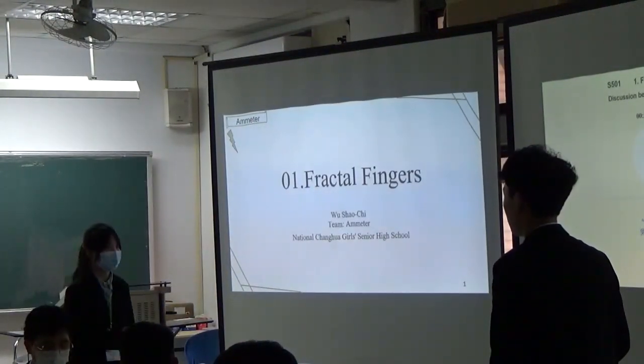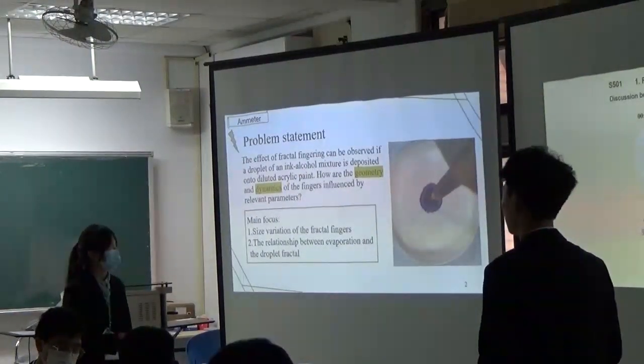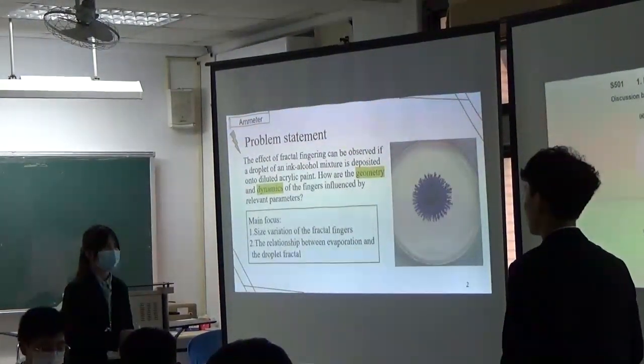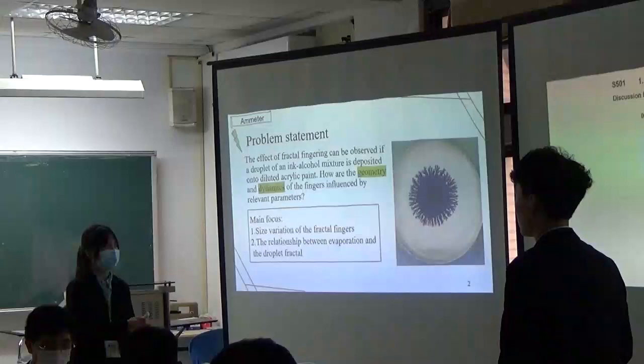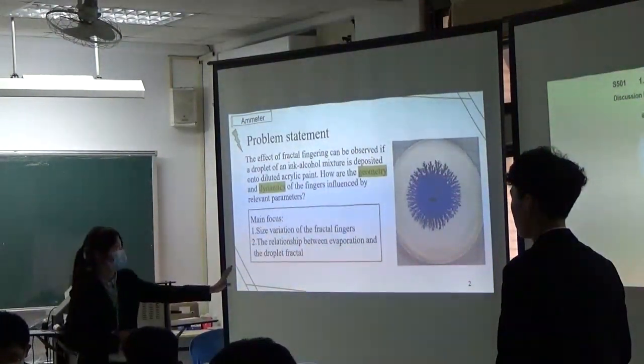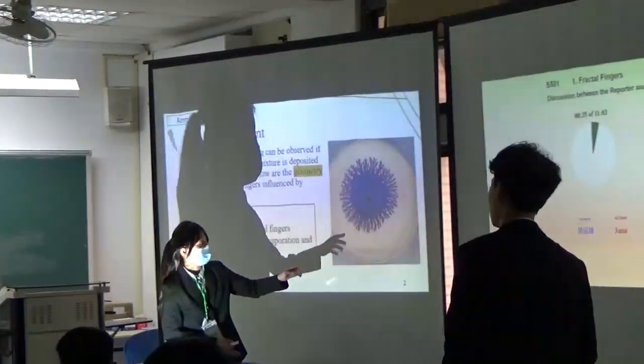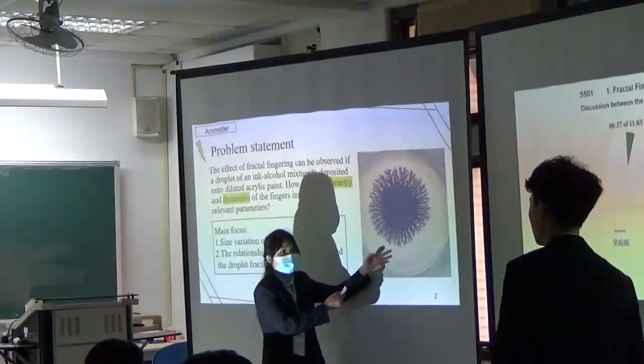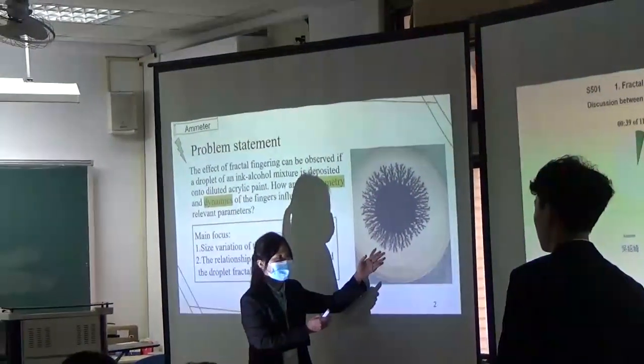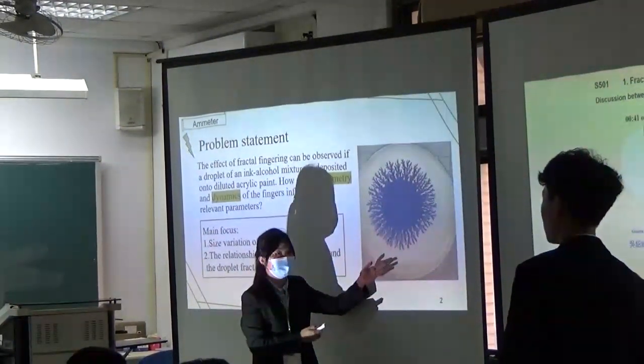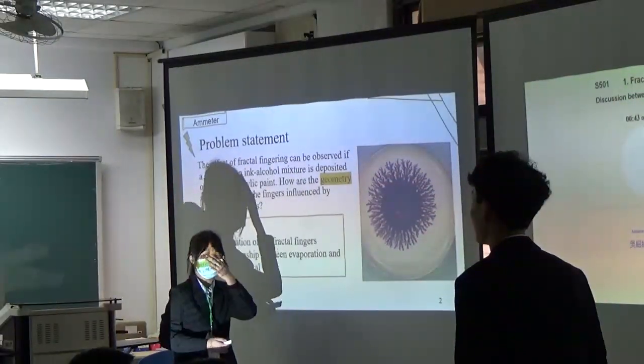You say the number of the fingers. Yes. I think the number of the fingers is not regular. We count that, and everyone's count is not the same. So you say there's a random motion of the number of fingers, right?